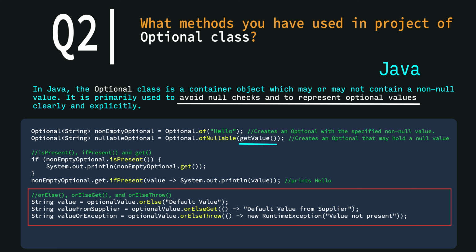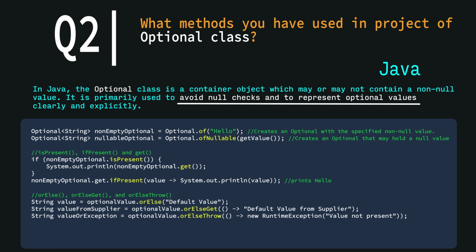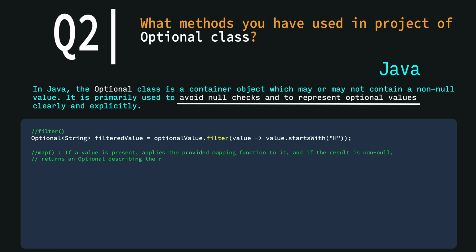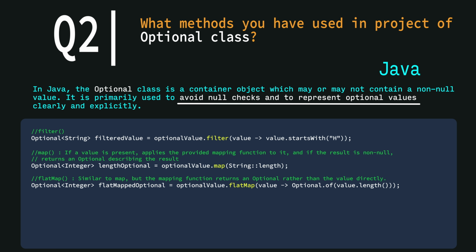The Optional also provides some more useful methods, that is filter, map and flatMap. You might have heard the names of these methods in Java streams, right? So here with Optional also, these methods behave the same. The filter method is used to filter the object based on defined criteria, and using map we can return the mapped value from the non-null object. Similar to the map function, flatMap returns the Optional value instead of returning the values from the original object.